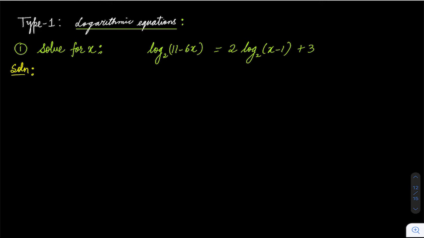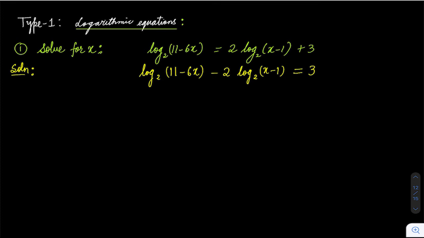So the first thing that you will do to solve this is, let's bring these log terms on one side. So let's bring all log terms on the left hand side like this. That's the first step. The second step is, we have to somehow simplify the LHS and make it one log term instead of two. There are two terms, right? So we have to make it one term.